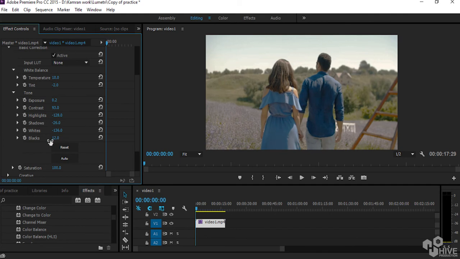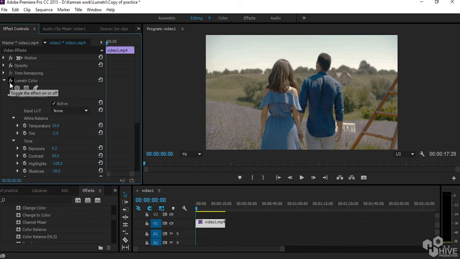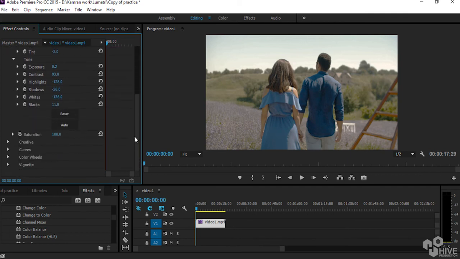Okay, so this is perfect. I think if I shut down or turn off this Lumetri, you can find out the difference of what we have done. But we are going through some darkness, some dull effect. So what we have to do for the next step is this saturation effect.